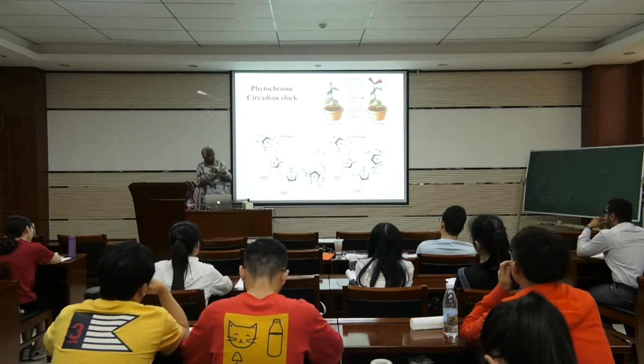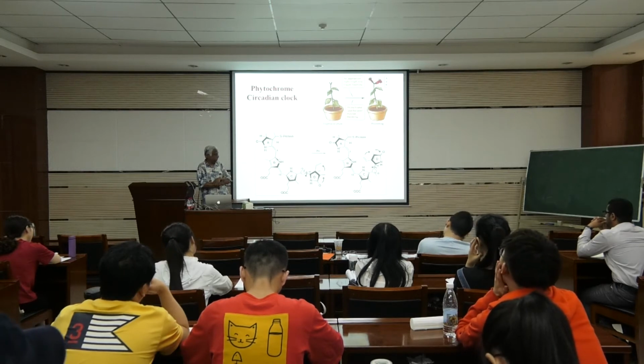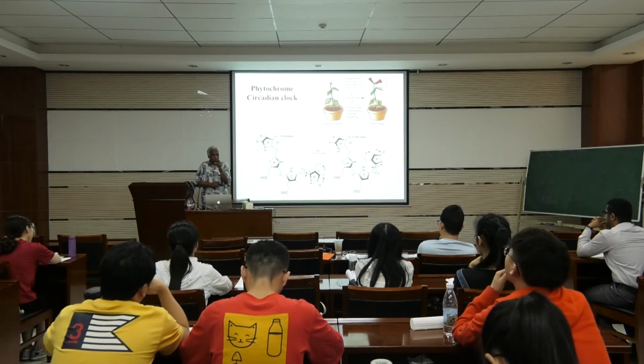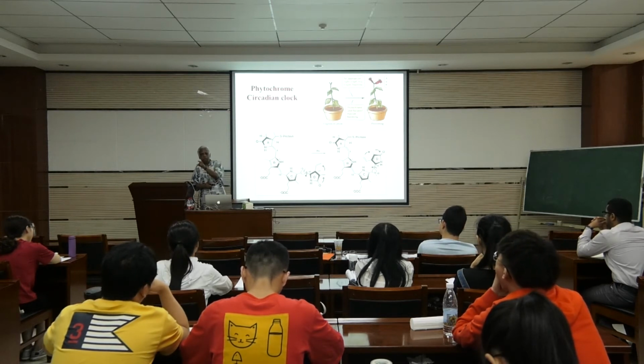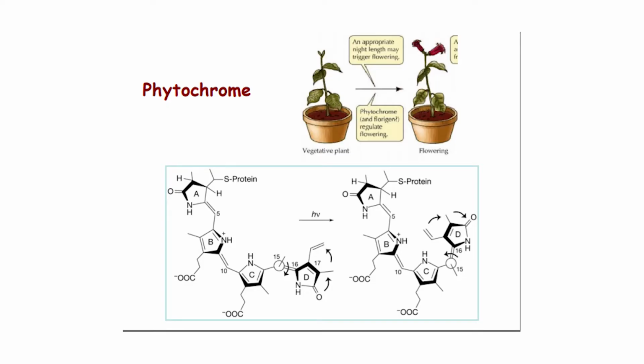So during the daytime, this molecule will go here. During the night, in evening time, that will come back here. So the plant will know how much of this one goes this way, how much of it comes that way. From that they can tell how much light, that wavelength of light, is present on each day. From that, at the end of about 3 months, they know that, okay, now I had about